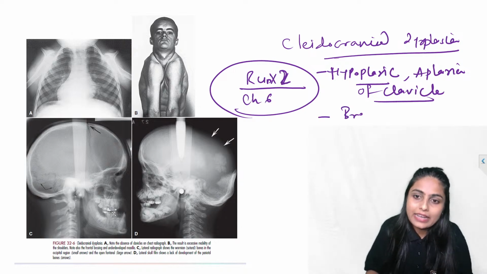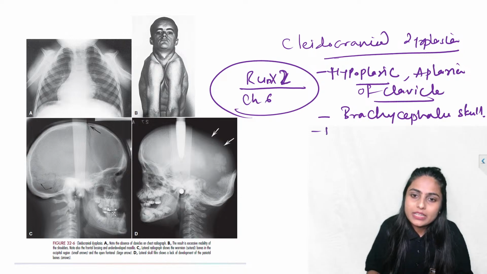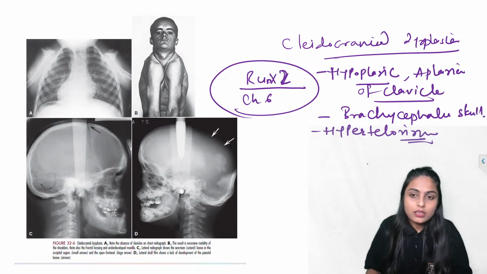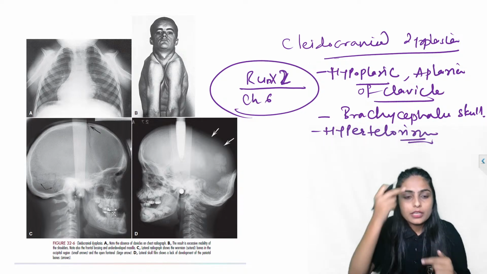Next is the brachycephalic skull. Brachycephalic skull, okay. Hypertelorism is again present. Hypertelorism, all right. Next important thing is the open, or you can say,